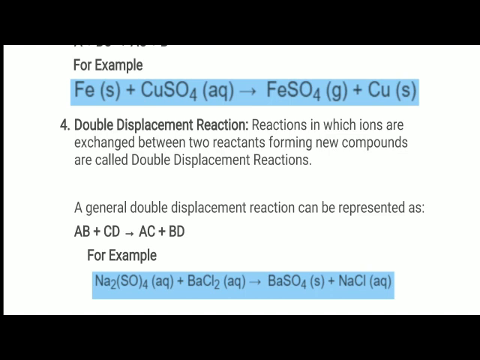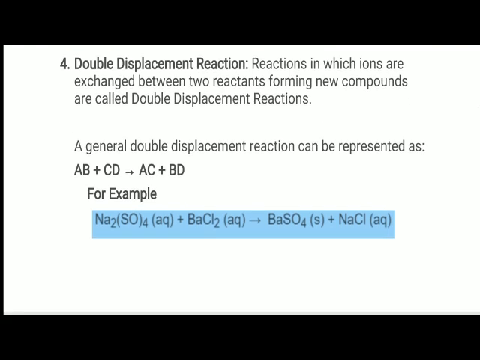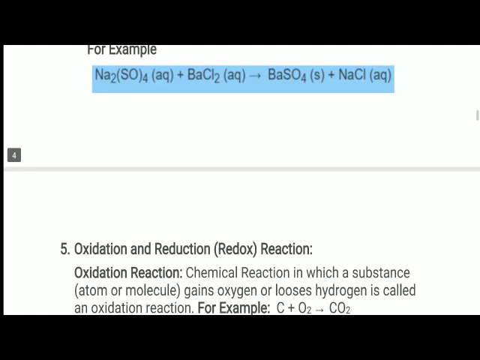Students, you have to remember that in a double displacement reaction, precipitates are always formed. And what are precipitates? A chemical reaction in which an insoluble solid-like substance is formed is known as precipitation. Okay, so in a double displacement reaction, precipitates are always formed. You can see the example and its chemical reaction also, and you can also try to balance it. Now you can easily balance all the chemical equations. Okay, so I hope you are getting clear with all this.